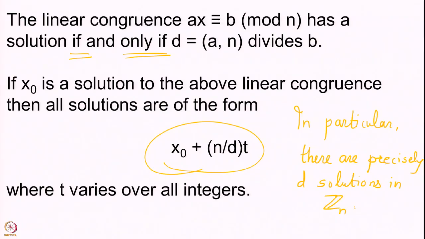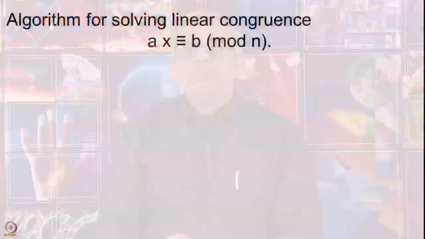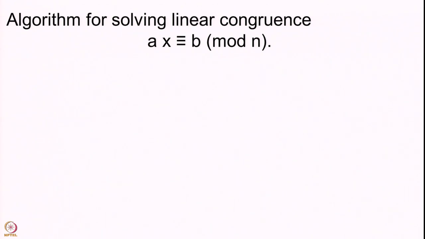So, once this is understood, we wanted to know whether there is an algorithm for solving linear congruences. And there is indeed an algorithm. We saw that in the last lecture. So, let us go through that once again. What we want to do is to solve the congruence Ax congruent to B modulo n. So, A is given to us, B is given to us and n is given to us, and we want to solve this congruence Ax congruent to B mod n.